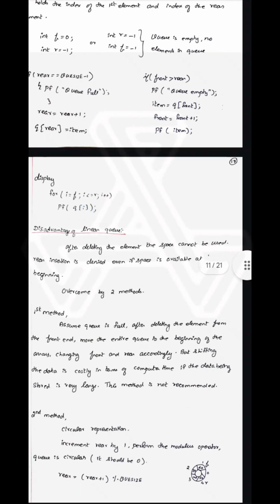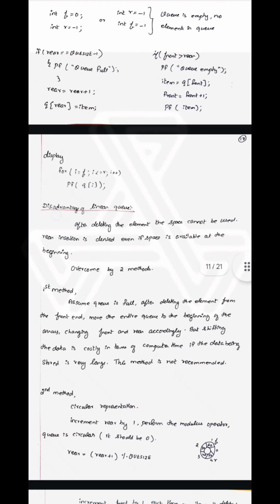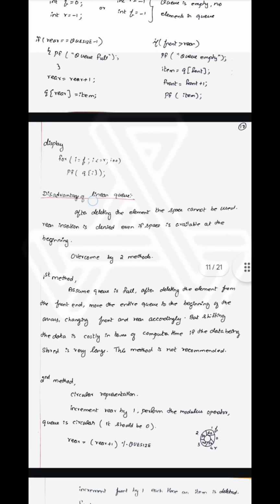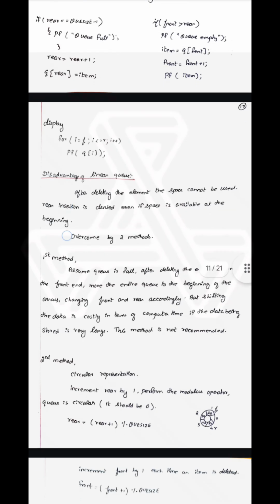If front is greater than rear, then you can say the queue is empty. Otherwise, item is queue of front, and front is equal to front plus 1. Printf item. Display: for i equals front, i less than or equal to rear, i plus plus,